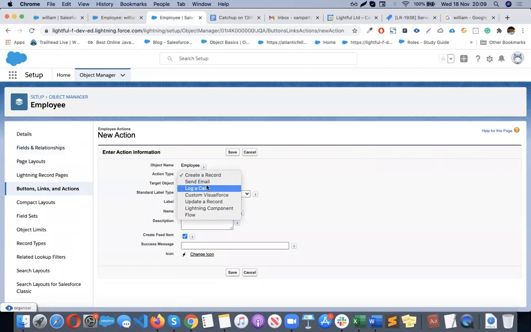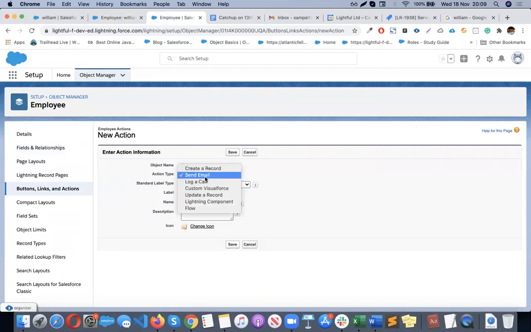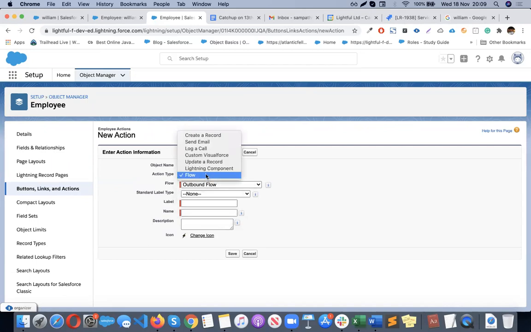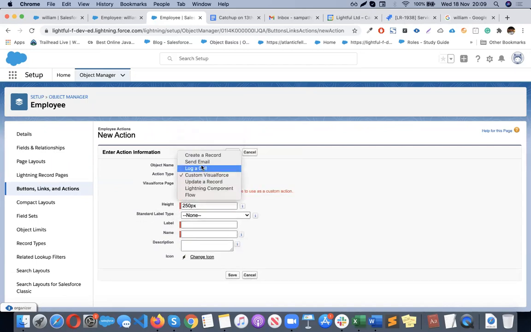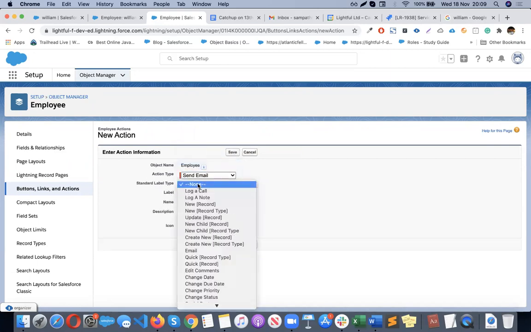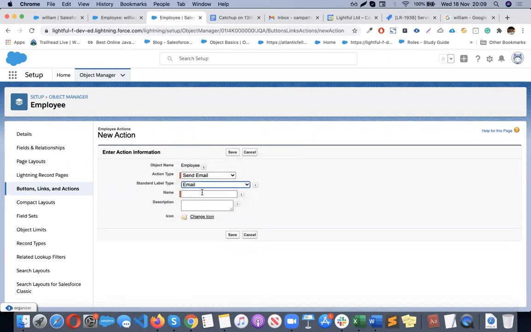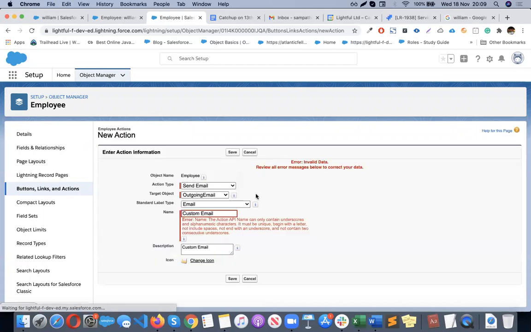Let's say you want to send an email, or call a flow, or call a Lightning component or Visualforce page. Yeah, so better a send email. I'll say custom email. Sorry, I have to give an underscore.